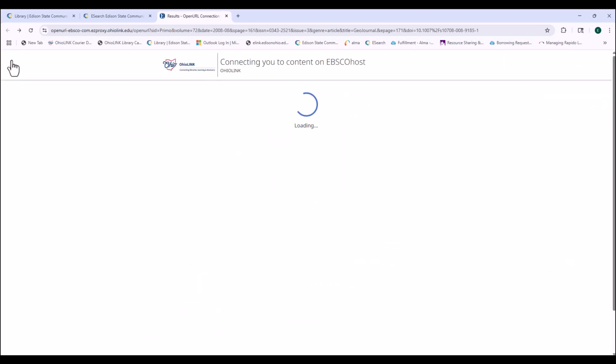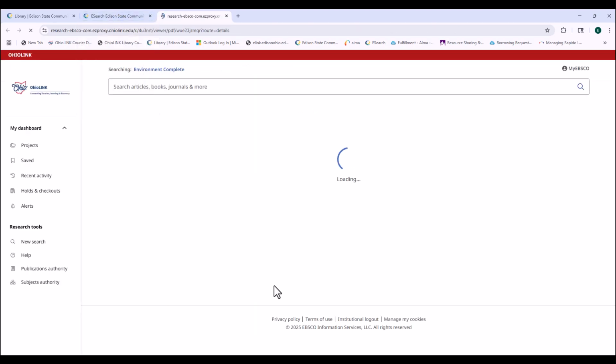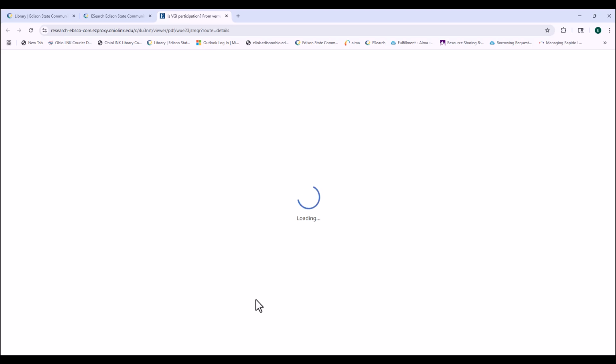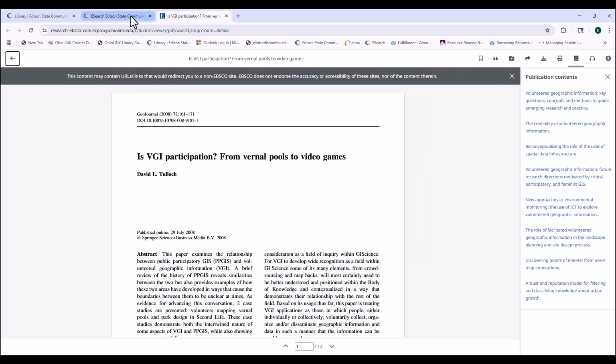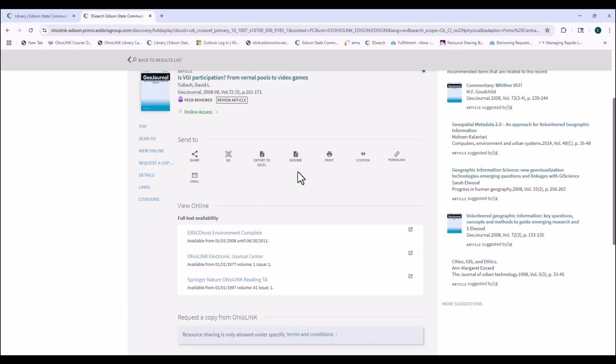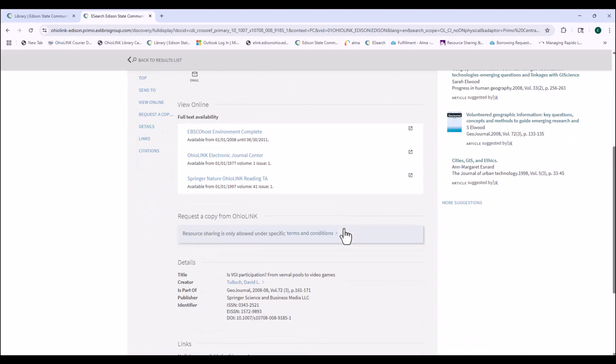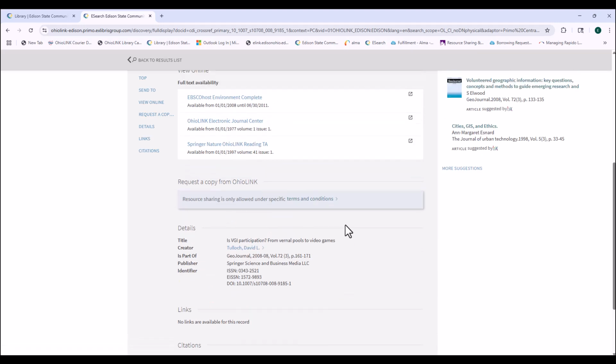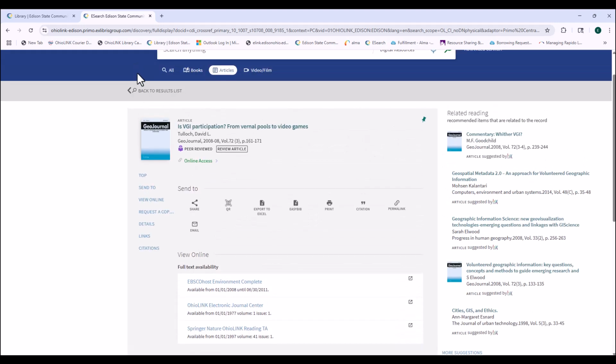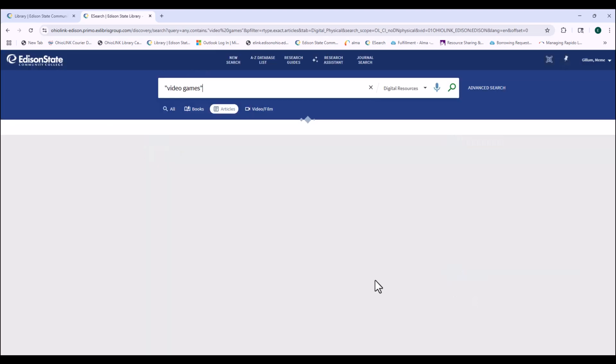If we go back, usually I click the tabs, so I'm not sure where it's going to take us. Okay, so you can't go back. You have to click the tab along the top to get back to your search screen or your results pages. So we are now on the title of this particular article, and we've looked at it, we've decided it is what we needed, and we've cited it. Now we want to go back and see, again, if it was exactly what we needed. You can use these related readings, or you can go back to your results list here